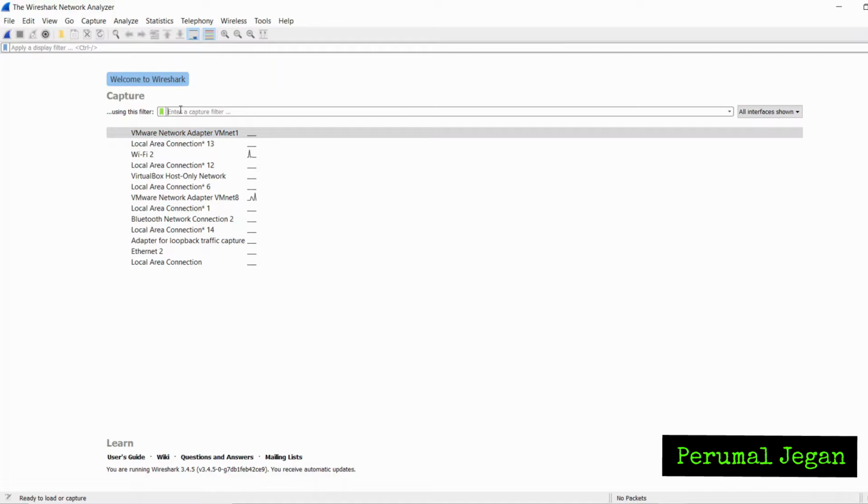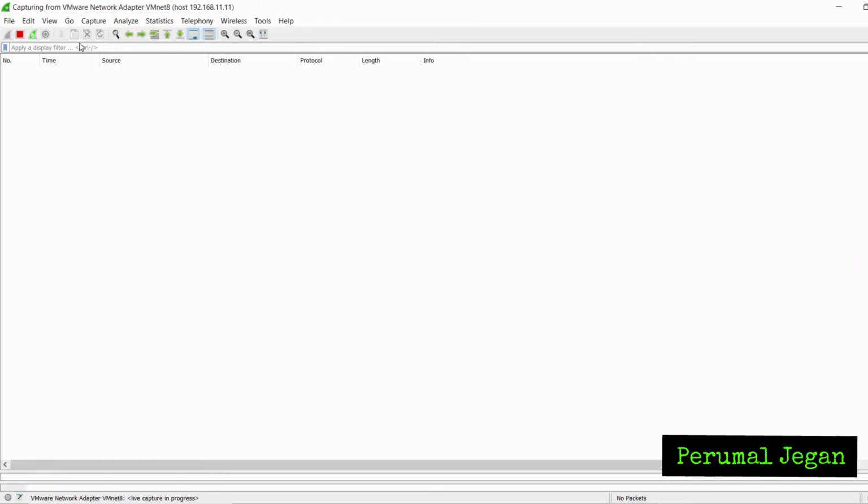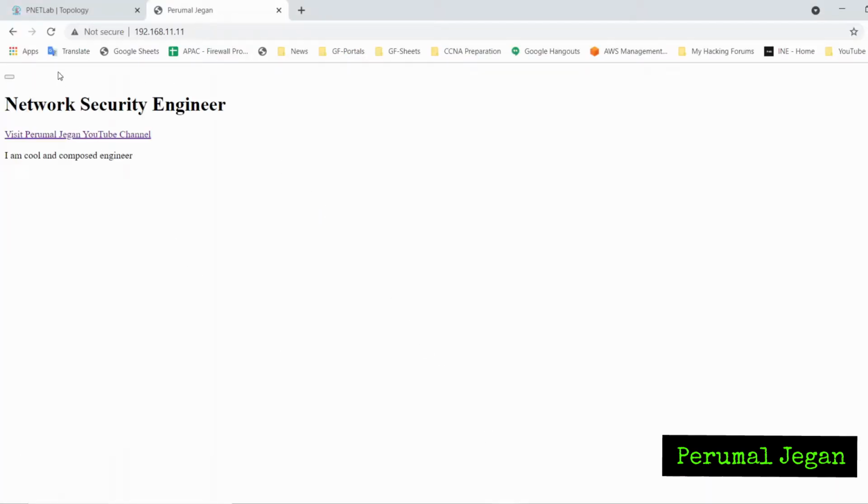Here we can enter the capture filter. I'm going to filter the web server IP alone, and I'm choosing my lab adapter. Now let's enter. I'm filtering HTTP alone here. Let's reload.